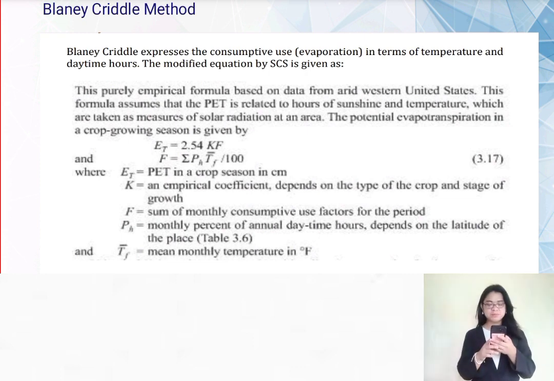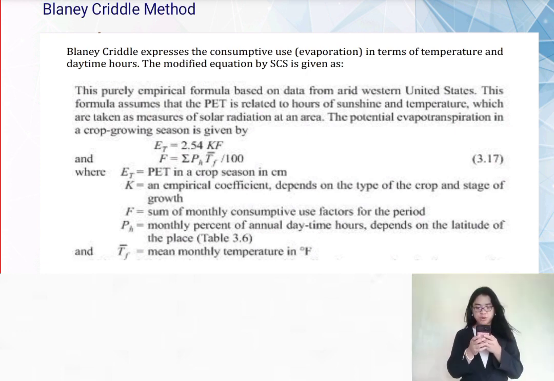The Blaney-Criddle expresses the consumptive use or the evaporation in terms of temperature and daytime hours. The modified equation by the SCS is given as E sub P is equal to 2.54 kF, where F is equal to the summation of P sub H times T sub F divided by 100, where E sub P is the PET, or the potential evaporation in a crop season in centimeters,